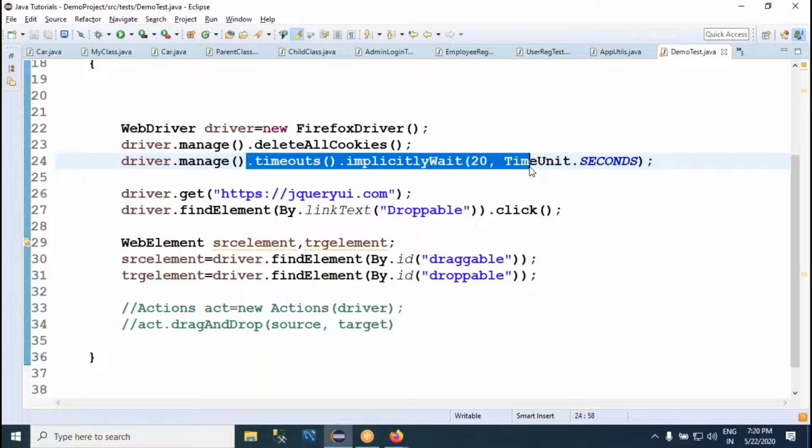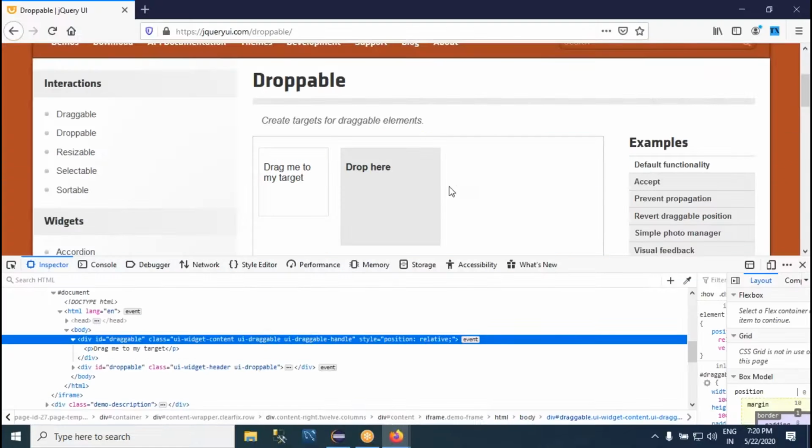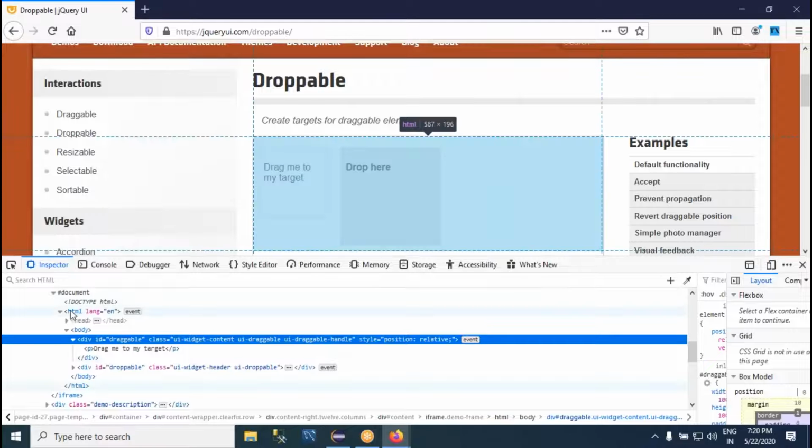To perform an action with the mouse, we have a class called Actions. First of all, Mohan, it is not about performing an action. First of all, your Selenium is not able to identify the element draggable. First identify the element, then do the mouse action or whatever it may be. Selenium is not able to identify the element, so it is throwing no such element exception. Because, you please observe,